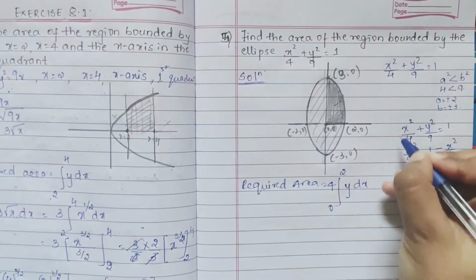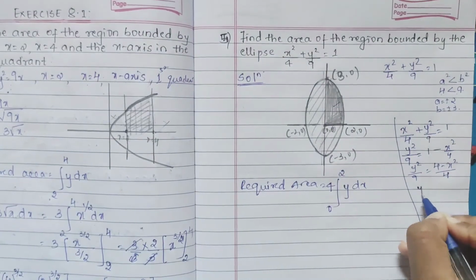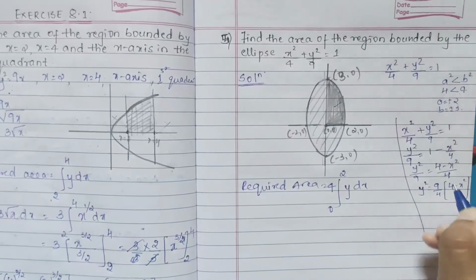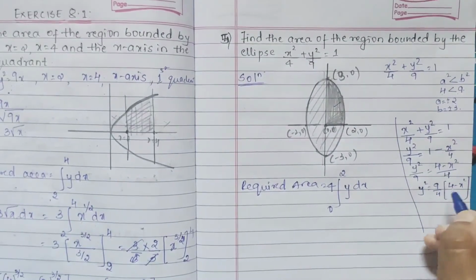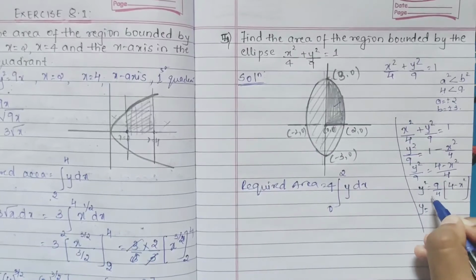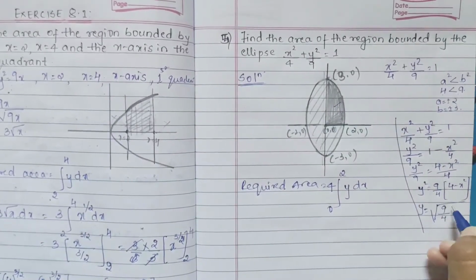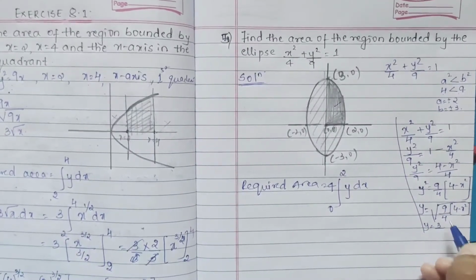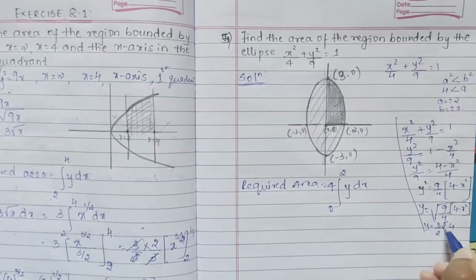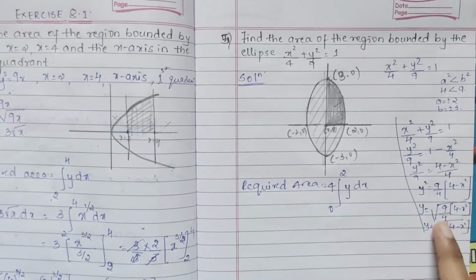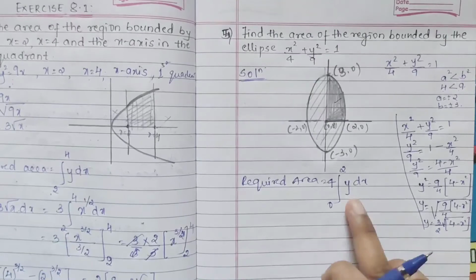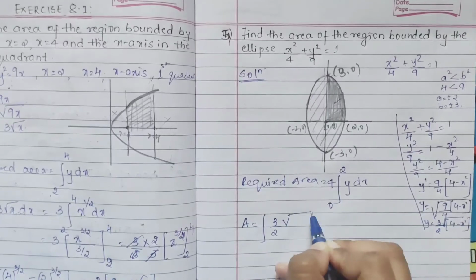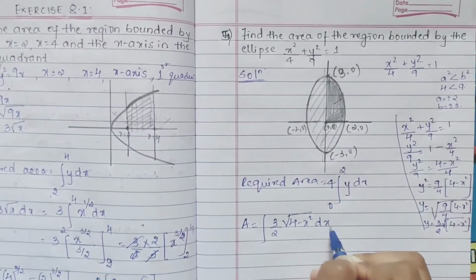Multiplying your 9, okay, sure I will do. Y square is equal to 9 divided by 4, and it will be 4 minus x square. See how it is, 1 by 4 into 4 minus x square if I take here, and if it is y, it means root, it will be root 9 by 4 into 4 minus x square. So y will be root of 9 is 3 and it is 2. This will be root 4 minus x square, right? You are getting 3 by 2 root 4 minus x square. So area y is taken as 3 by 2 root 4 minus x square dx from 0 to 2.